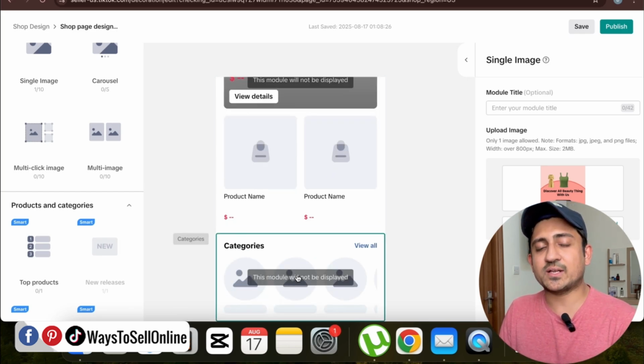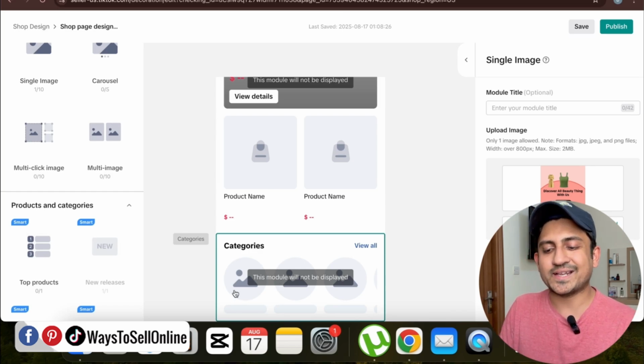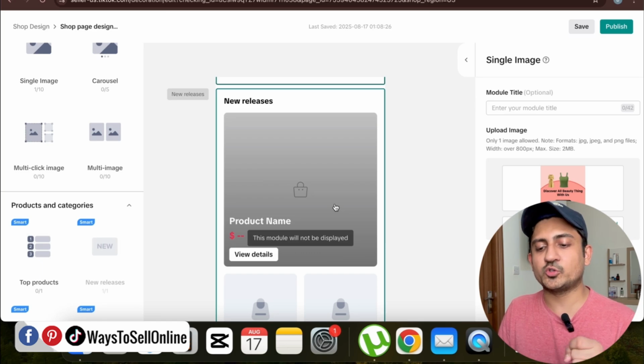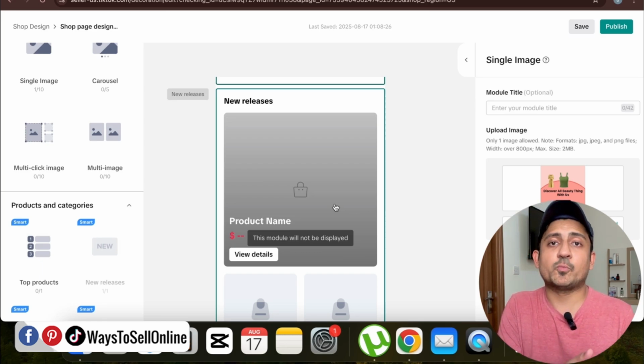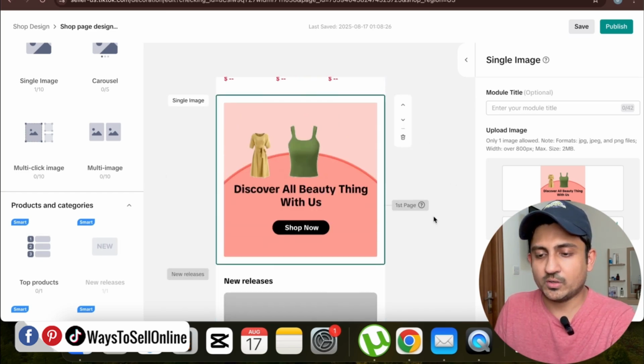But right now, as there are no categories on my store, you can see that it says this module will not be displayed. And just like that, if I want some products to show here, then at the back end, I have to put some products into featured products as well. Then those products will start showing in the featured section, right? So if I scroll up, you can see that